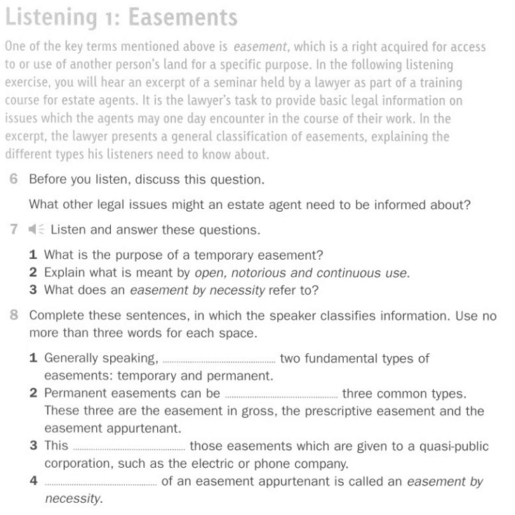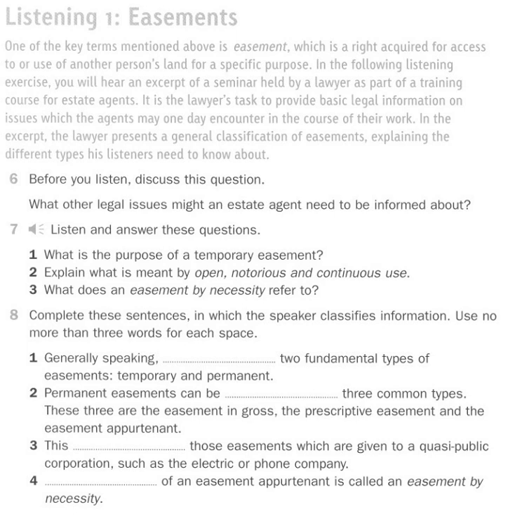Now, I'd like to move on to another topic which you'll surely encounter in your work as estate agents. I'm going to tell you a bit about the principal types of easements in our jurisdiction. First, allow me to define the term. An easement is the legal right of another to use part of your property.